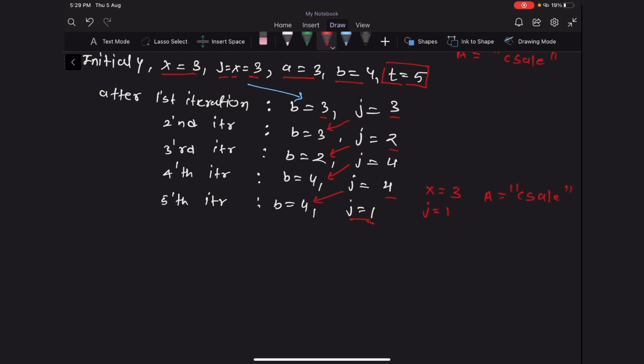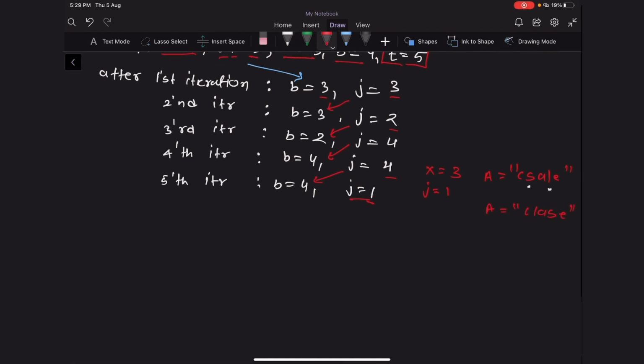CSALE. So we want to swap the characters which were positioned at the first position and the third position. So after swapping them, a will be equal to CLASE, and it will be our final result, and we want to return this. So from this we understood how we can simulate the entire process and return our final